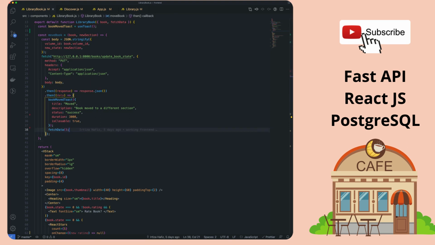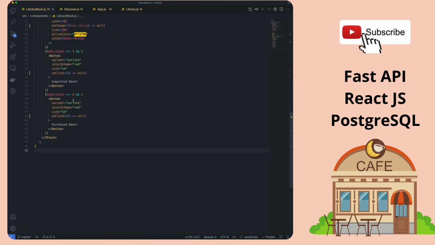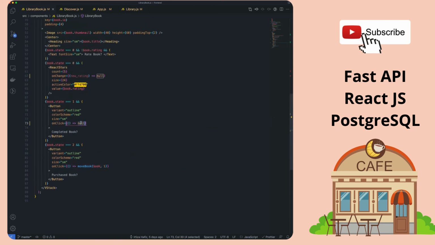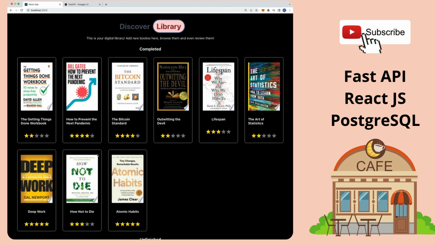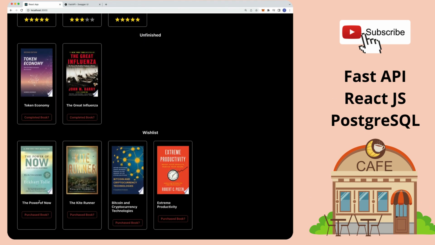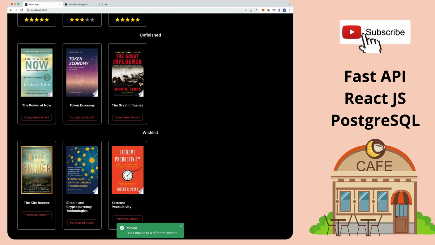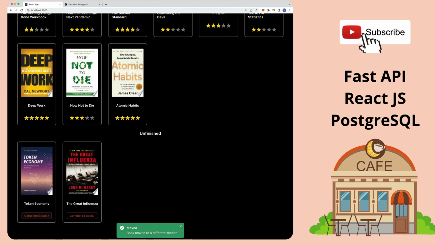Now let's actually handle calling the function. So if the book is in wishlist, we are gonna call it with the new section, and the new section is gonna be, in this case, 1, because 1 is unfinished. And if it is already there in the unfinished section, we are gonna move it to completed, which is gonna be 2. Now let's see if this is working. Library. Let's say we have our wishlist power off now. I'm gonna hit purchased book. Okay, this moves it to unfinished. And now if I go ahead and hit it again,